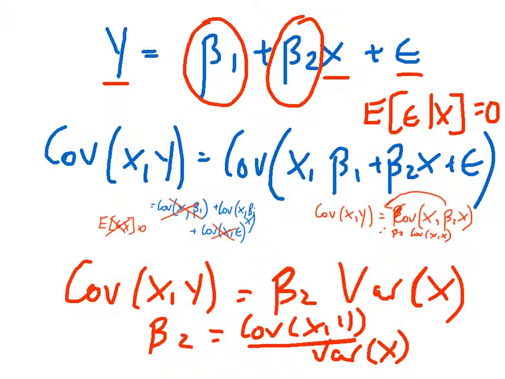And based on that problem statement and the assumption we've set out here, we can derive properties such as the relationship between the covariance of x, y and the variance of x, which tells us something about beta 2. At the moment, there's not a lot we can do with that because this is just a theoretical statement, but